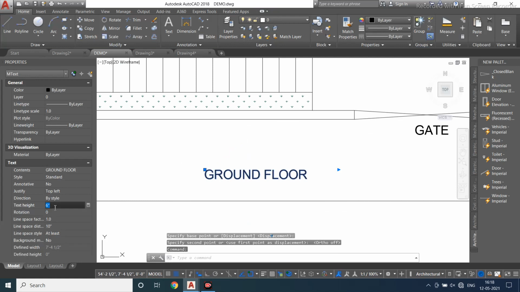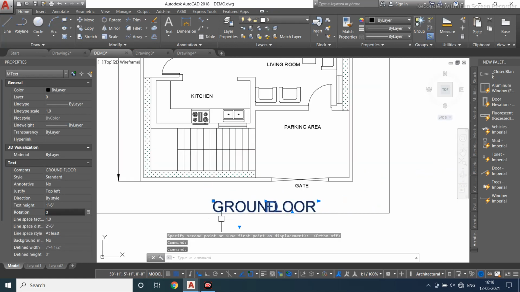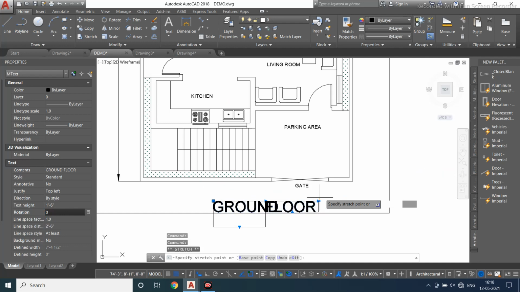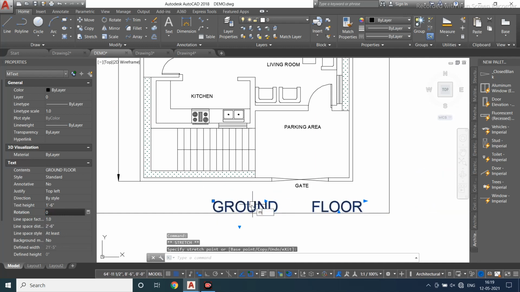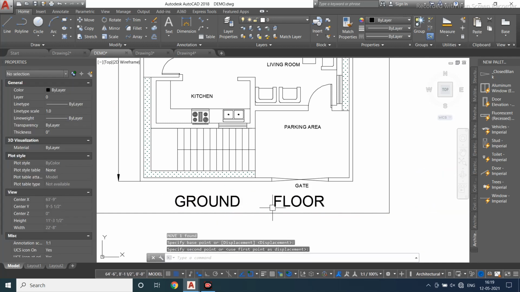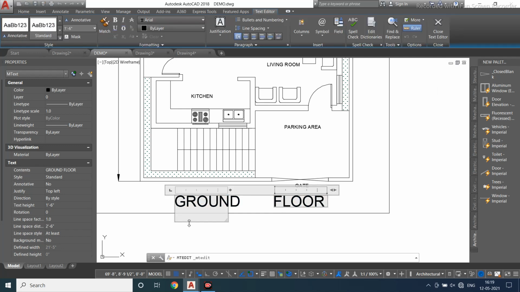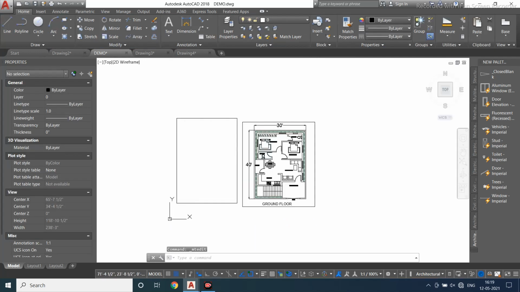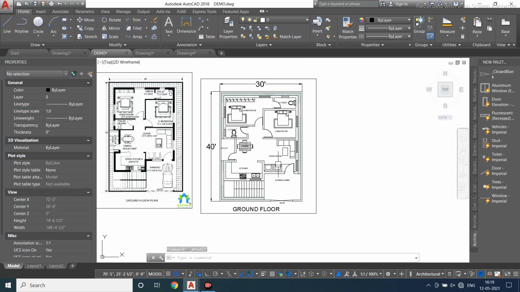Just increase this height 1 feet 6 inches. Double click on it and pull this one. So this is your floor plan, and this is how you complete your floor plan with the furniture. Thank you, friends.